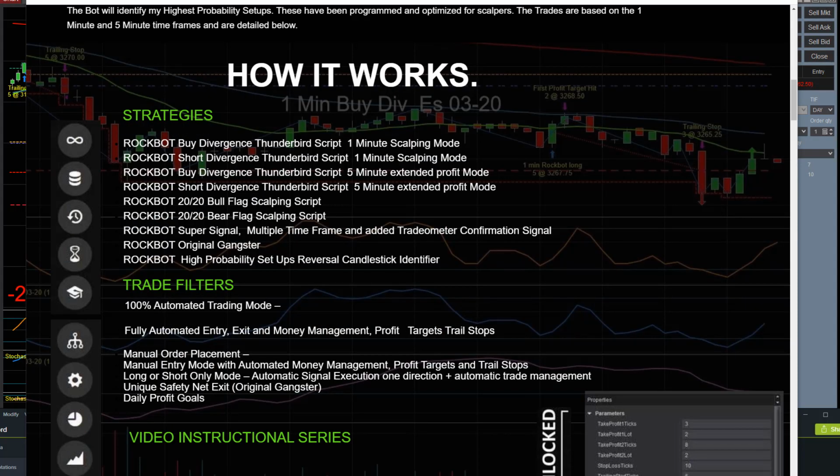We're just going to finish the overview of the RockBot now. So how it works, we went over the strategies. Pretty simple. Again, each one of these strategies is taught here at Day Trading Radio, and they're part of the School of Stock. If you're familiar with the School of Stock, the divergence setups, the flag setups, the 2020 flags, the channels, everything here is incorporated into the bots,